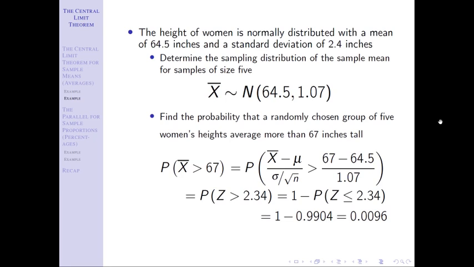One idea is, what's the probability that one person, one city, one tree, one computer, one car does something? The other one's probability that the group averages something, right? Those are two different ideas. Make sure you can pick up on that, and that should set you up for success with a good probability statement, whether it's probability of x or probability of x bar. And then we're going to extend on this in the next lesson to how we handle proportions, but it's just the same concept, just a different extension.